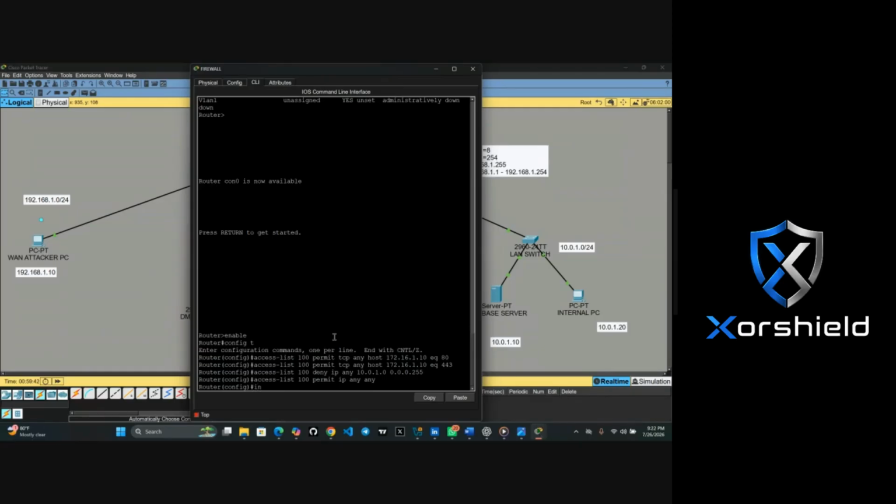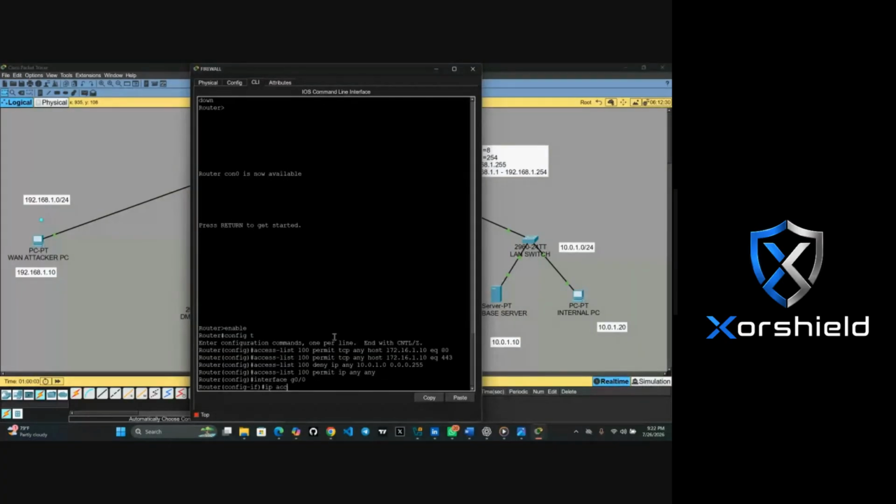Then just do interface gigabit 0/0. Then now after that, you do IP access-group 100 in.